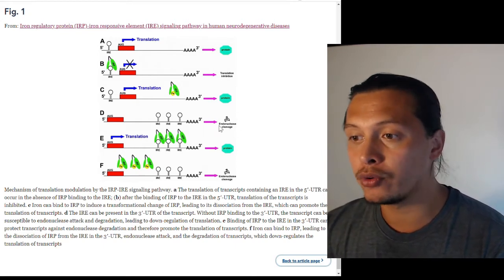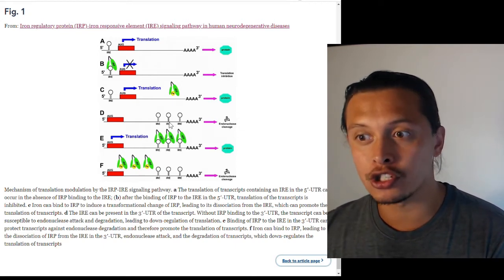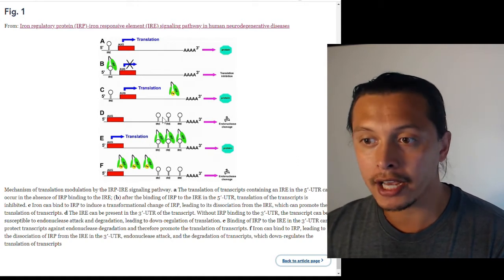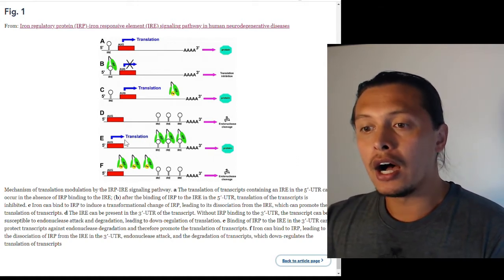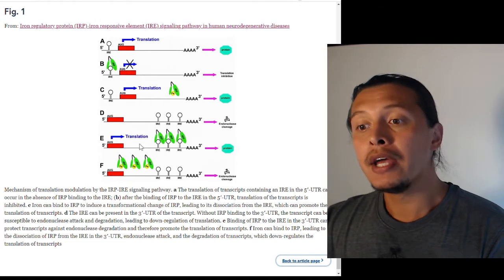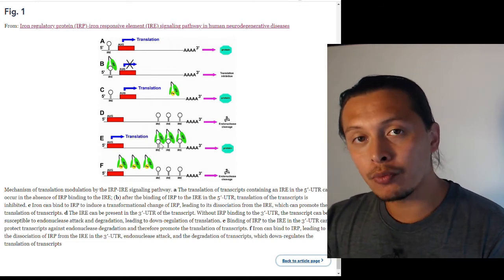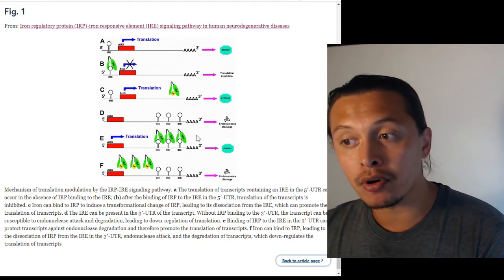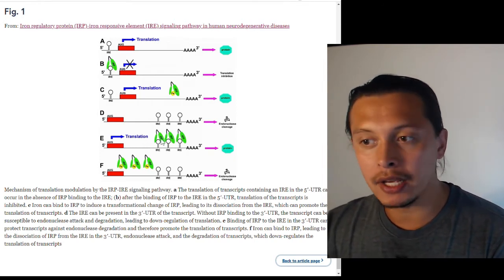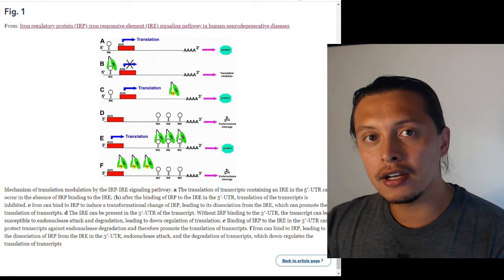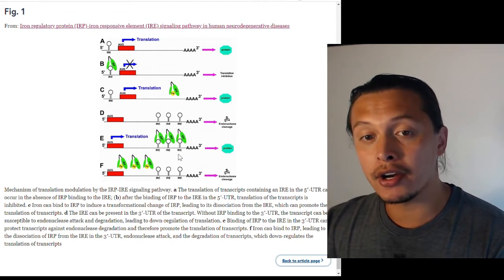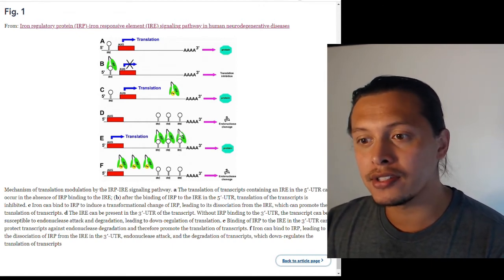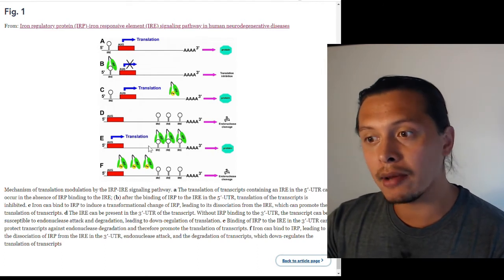And so you get endonuclease cleavage, or you get destruction of this polynucleotide. And if you have your iron regulatory proteins, though, they will bind to these IREs and prevent this endonuclease activity. And so the mRNA persists in the cell,